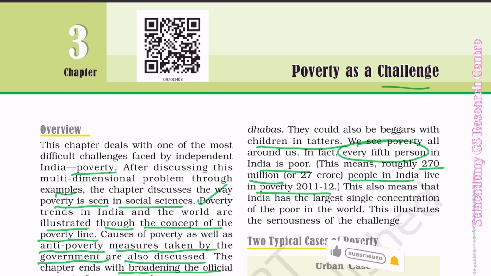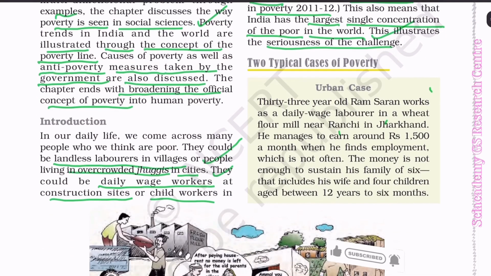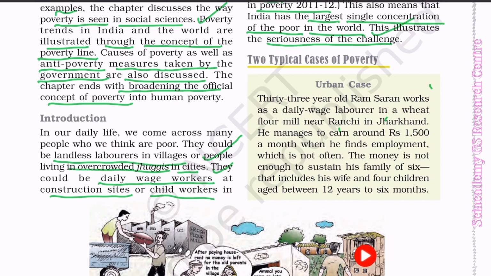This also means that India has the largest single concentration of the poor in the world. This illustrates the seriousness of the challenge. Two typical cases of poverty. Urban case: